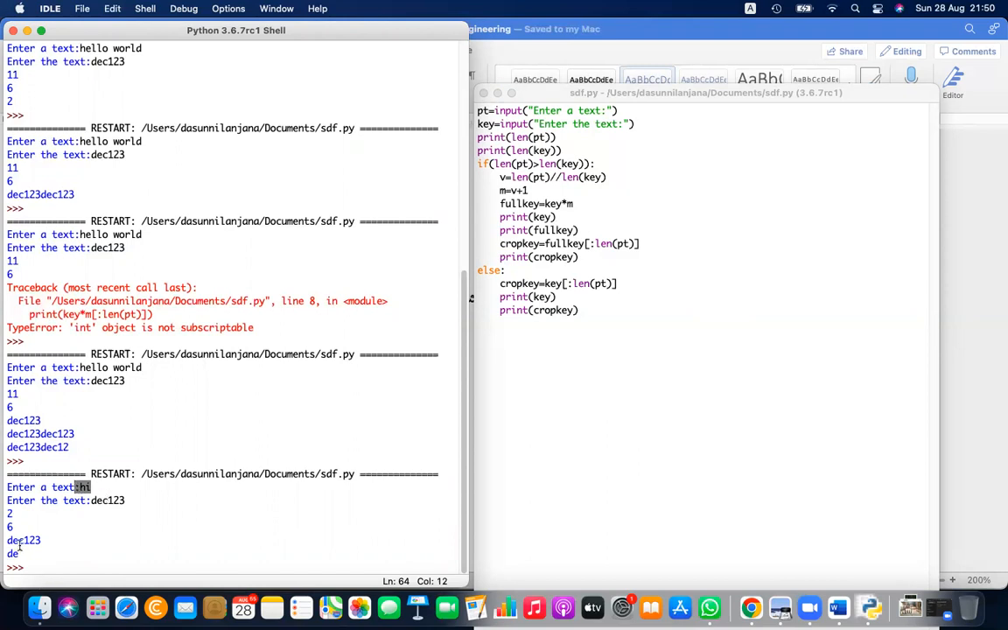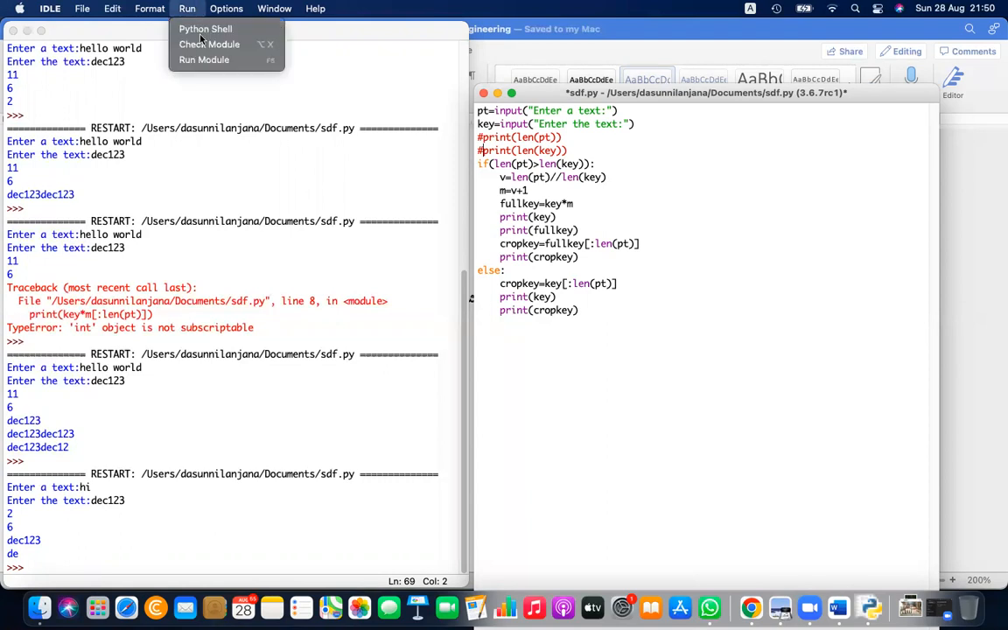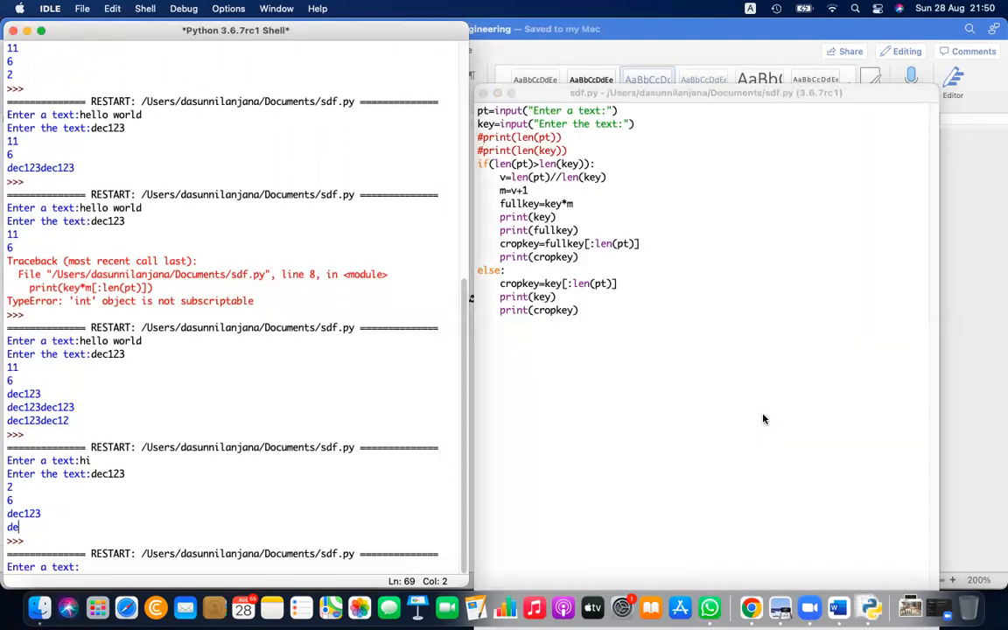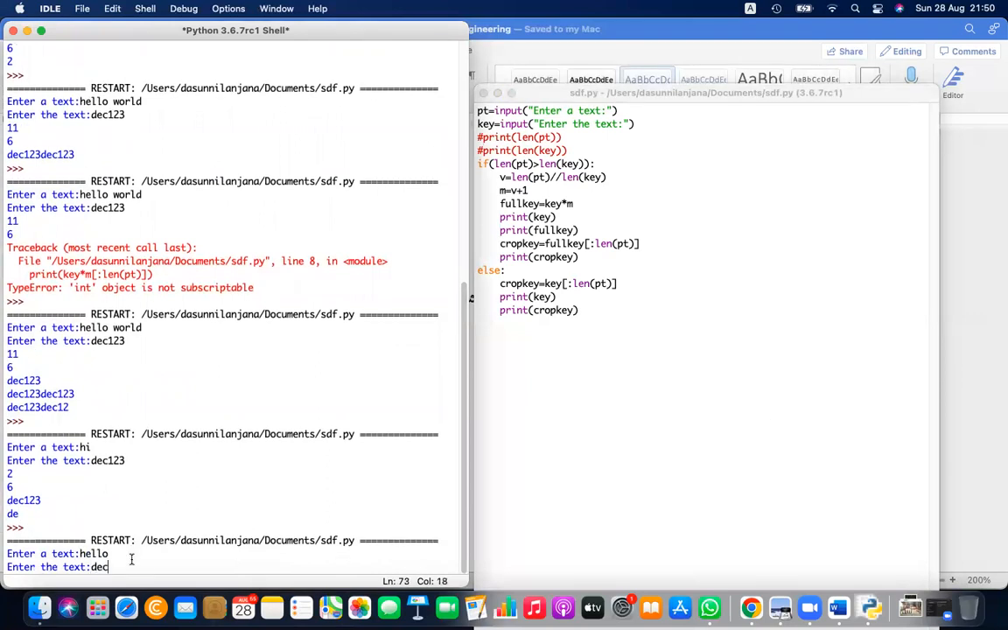Right? DEC 1 2 3, from that you are only taking DE. So that is the second way, when the plain text length is less than the key length. Okay, you don't want this length printed and all. You can comment or remove that part. I'm just using that for reference purposes, and you don't want to print the drop key and full key either. I'm just printing that to show you what is really happening over there. So let's say hello is your plain text, and DEC 1 2 3 is the key,